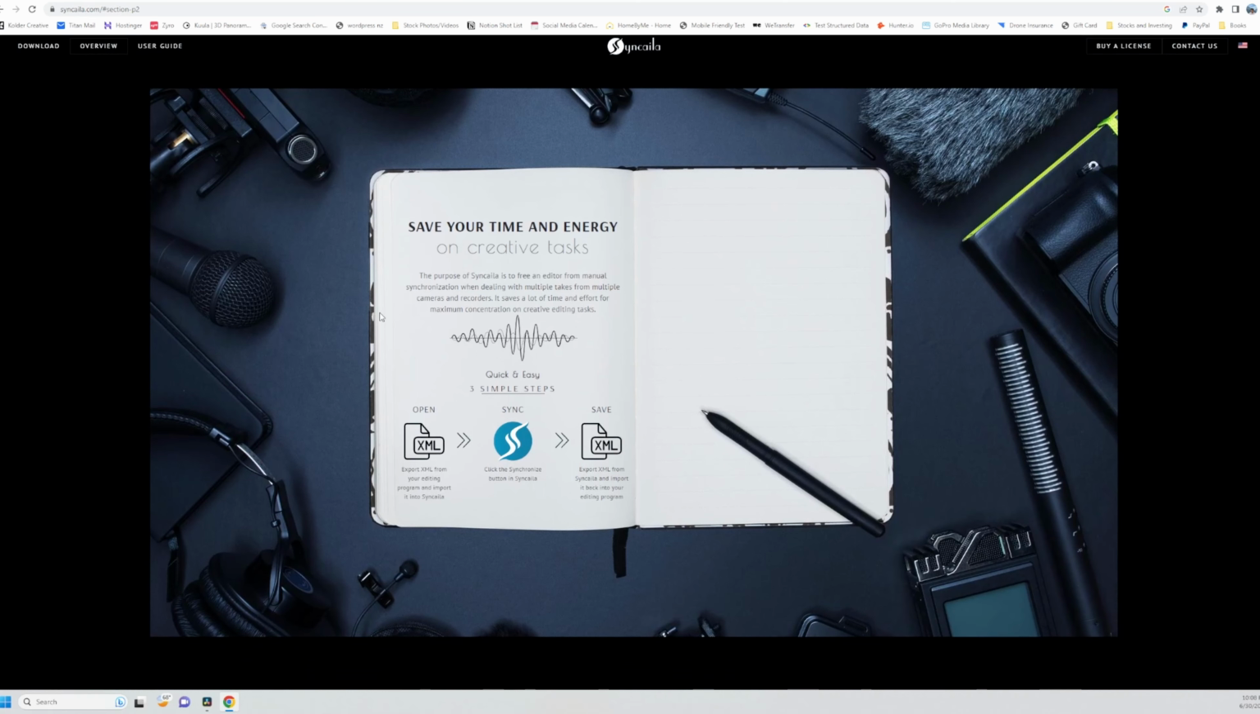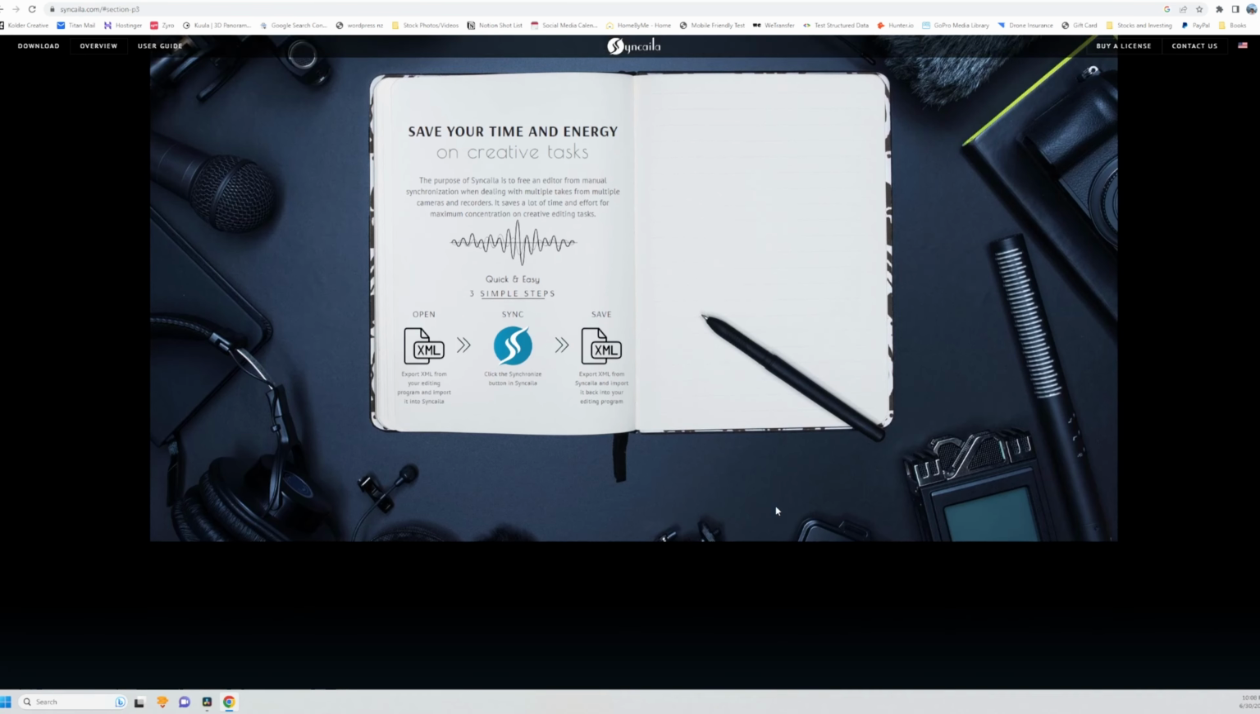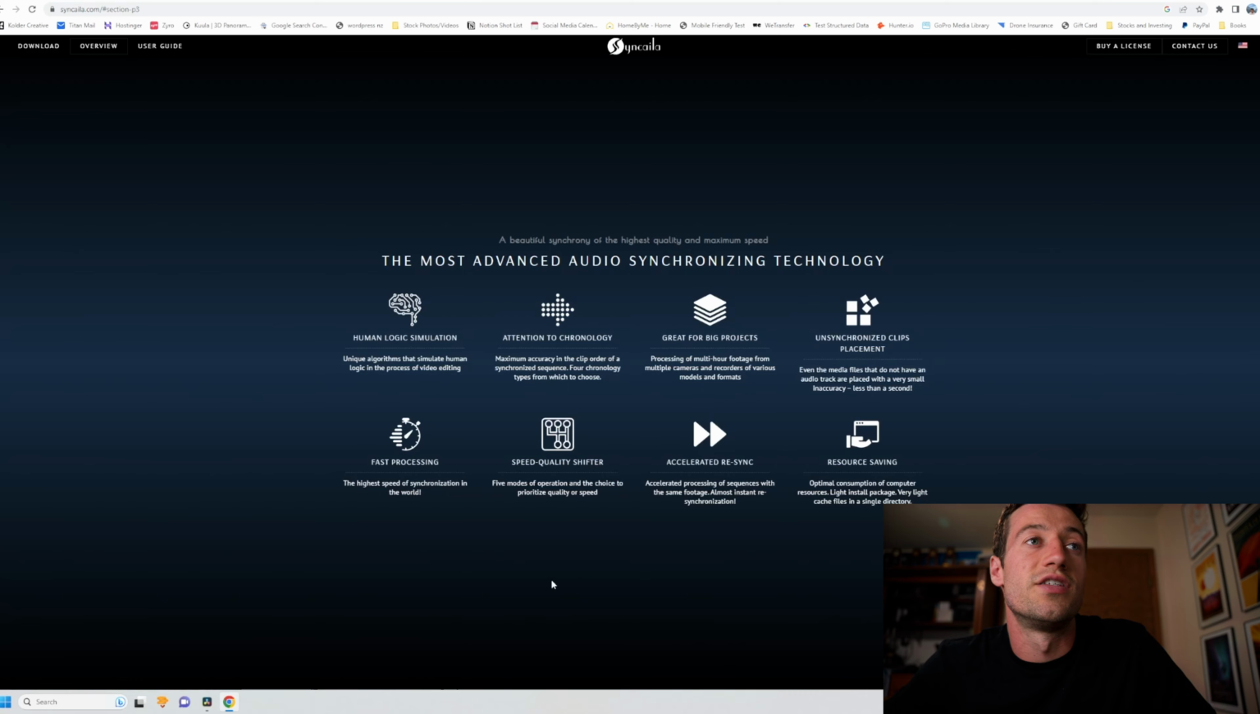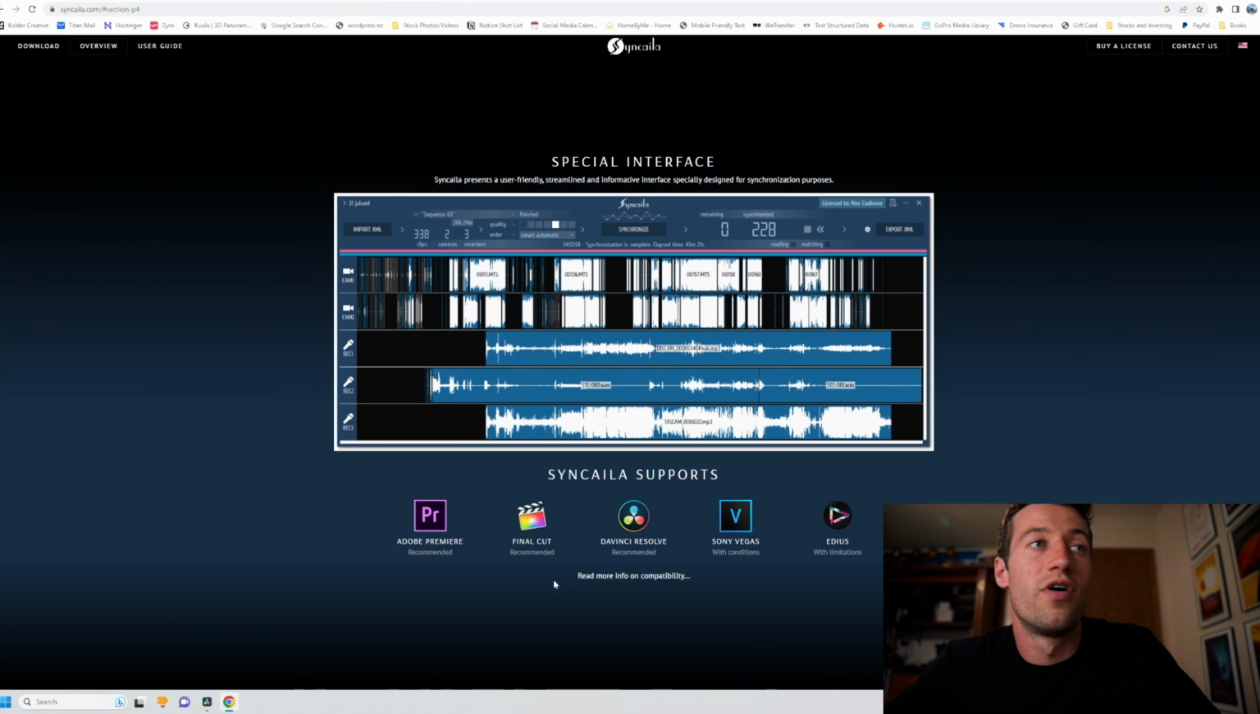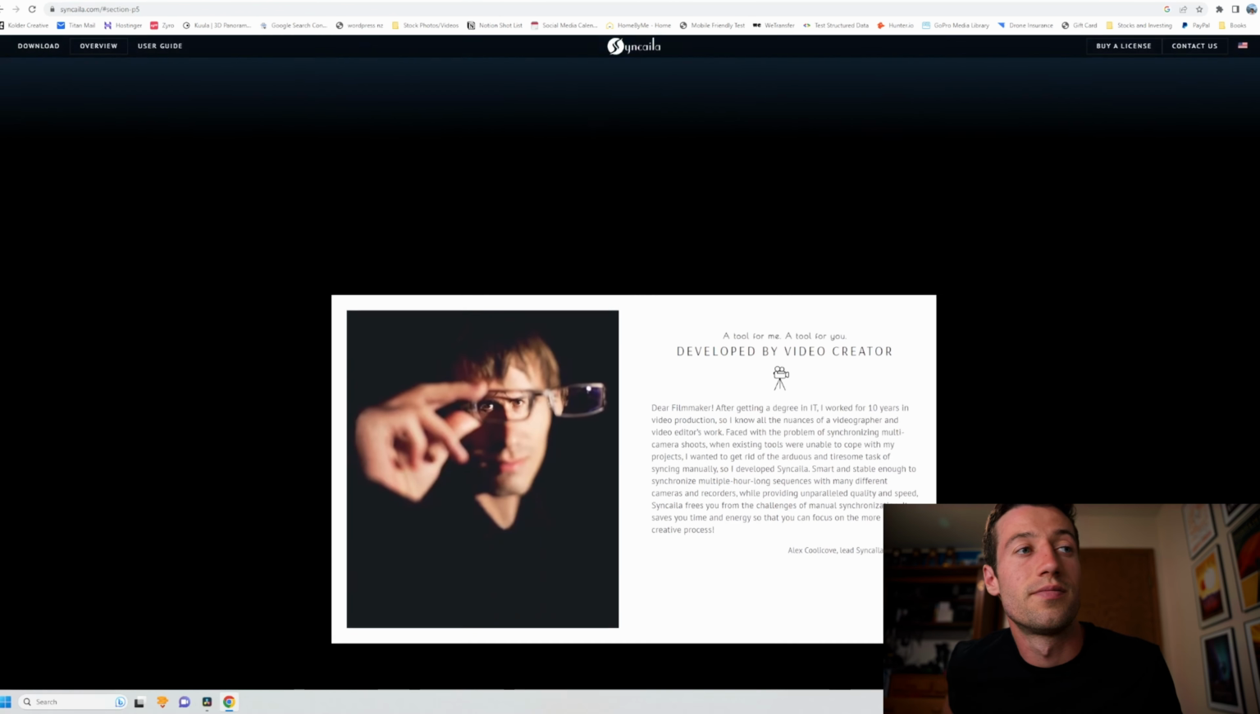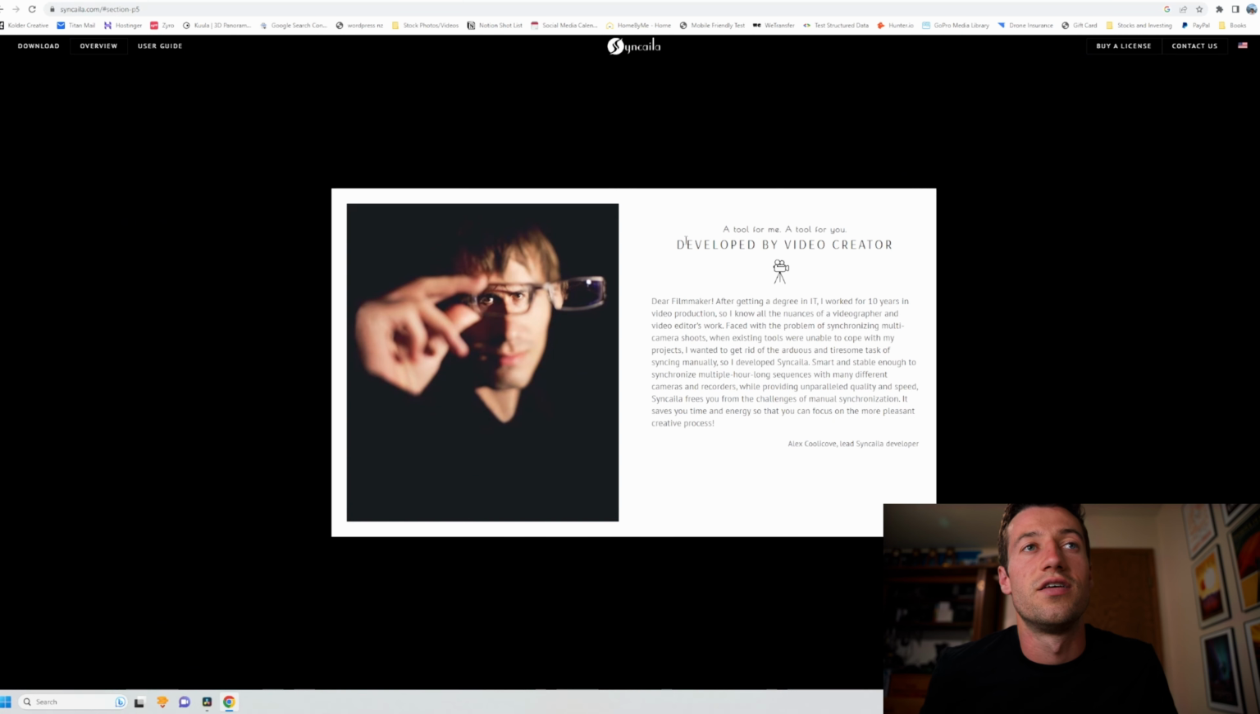So you can see that you have to export an XML file from your editing program, and you import it into Syncaila. And then after clicking the synchronize button in Syncaila, you export the XML from Syncaila and import it back into your own editing program. As you can see, Syncaila supports Adobe Premiere Pro, Final Cut, DaVinci Resolve, Sony Vegas, as well as other common video editing softwares. So the reason I think Syncaila is such a good software is because it was actually developed